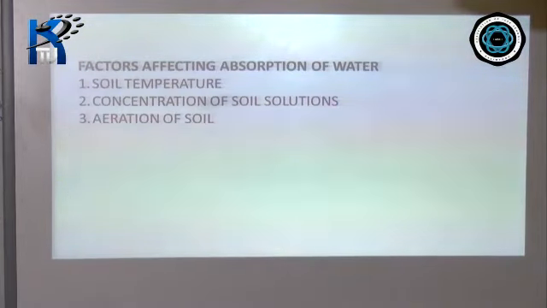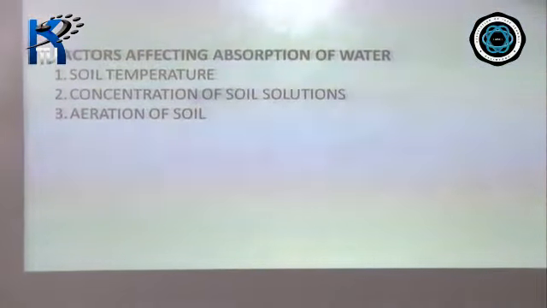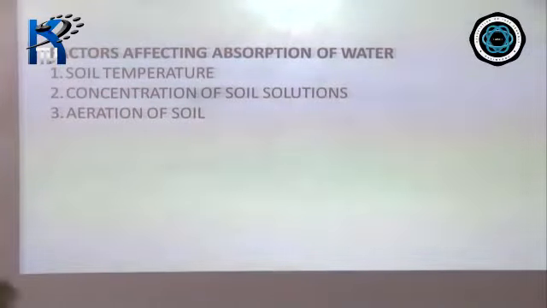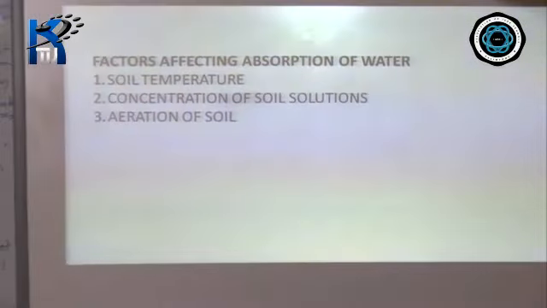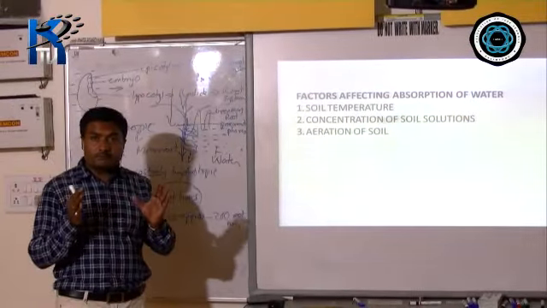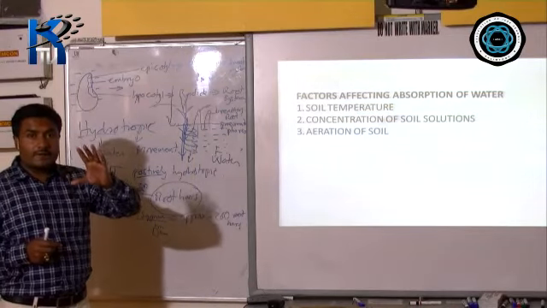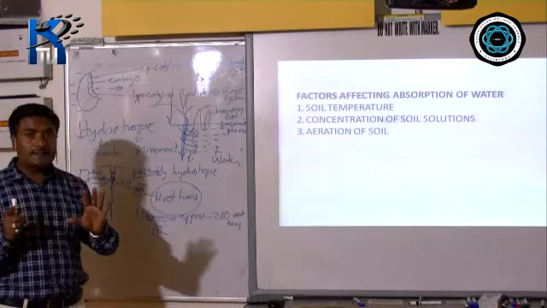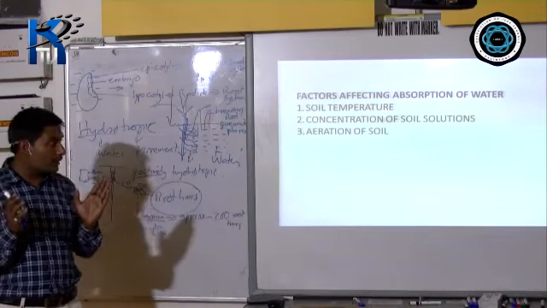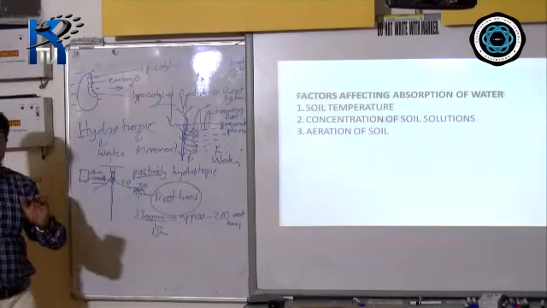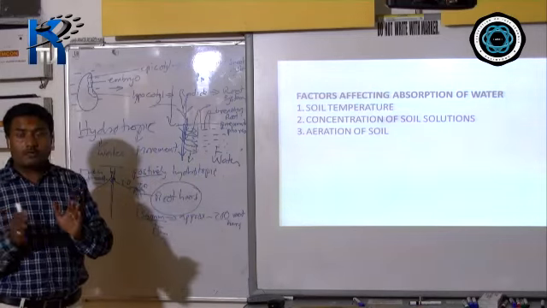Next, this absorption of water and minerals. There are certain factors by which the plant can absorb water and minerals. Now, what are the factors? When I say factors, that means if a plant has a well saturated soil, with water and enough minerals, does this plant absorb water and minerals? You see that under some circumstances, although the plant has all these conditions, it may not be able to absorb water. So what are the factors?